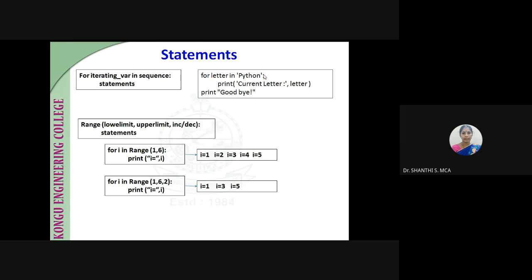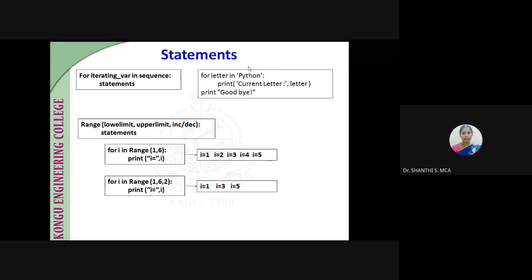After the colon, only one statement is within this for loop. We must have a common indentation for all the statements that belong to the for loop. This statement is outside the for loop, so there is no indentation. It will print current letter P, current letter Y, current letter T, and so on, up to N. Then finally it will print goodbye.